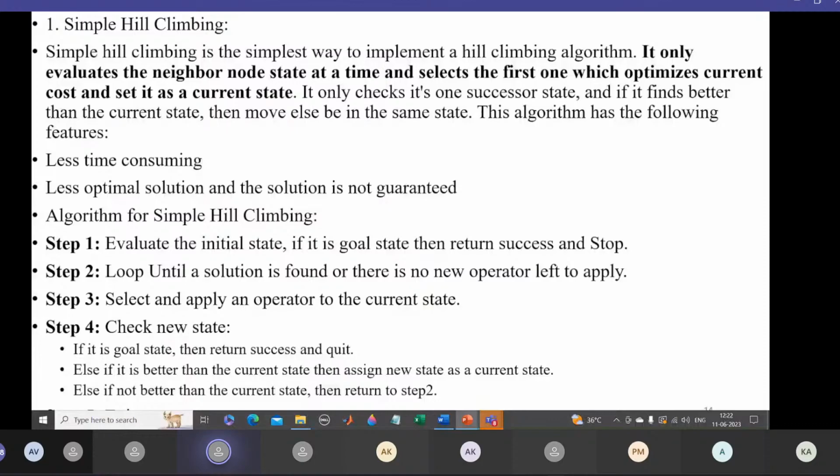That could be a better one. Okay, அது நல்ல optimized இருக்கும் than the current one. So that will be replacing the current state. It only checks its one successor state. ஒரு successor state மட்டும் தான் அது